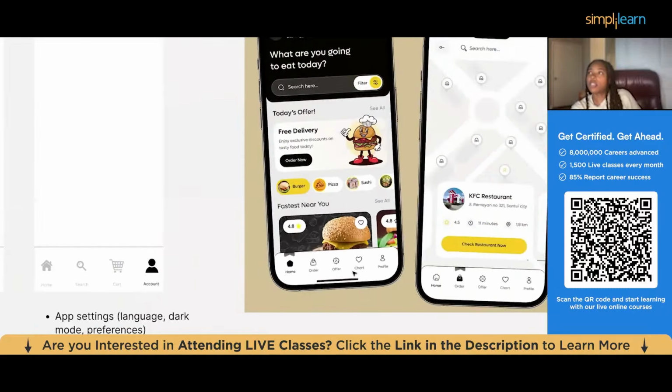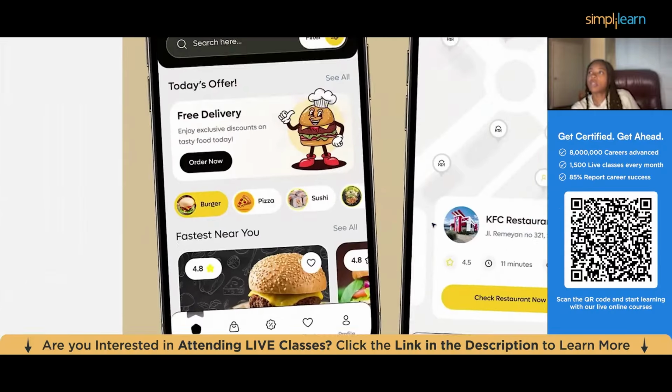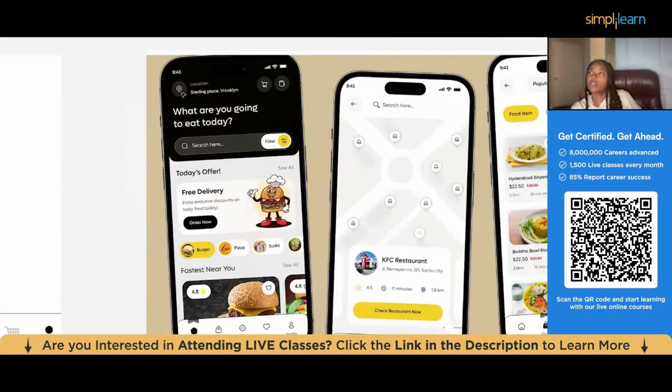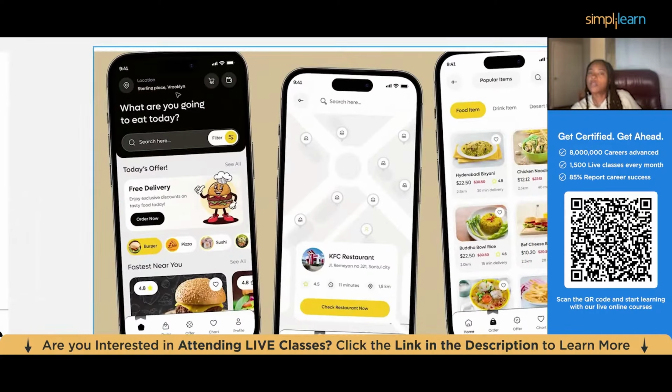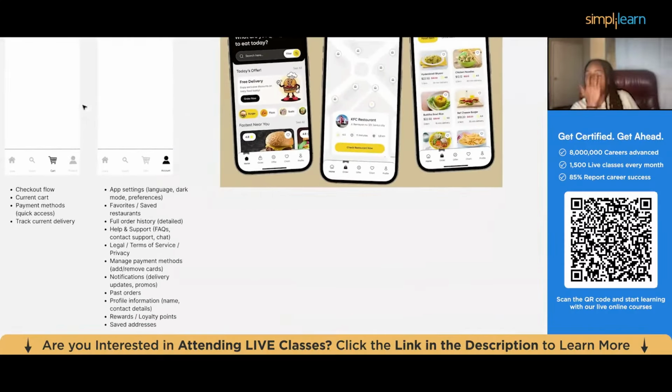So they don't necessarily point out the cart in their lower navigation menu, but in their top navigation menu, that's where they give you the option to see your cart, your payment wallet, as well as your location. So this one is very well organized in terms of their information architecture and what they included. And maybe there's some things that we can leverage from here, especially